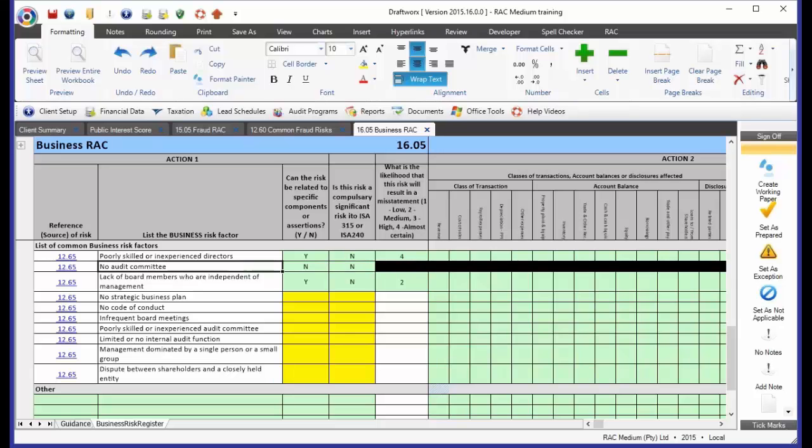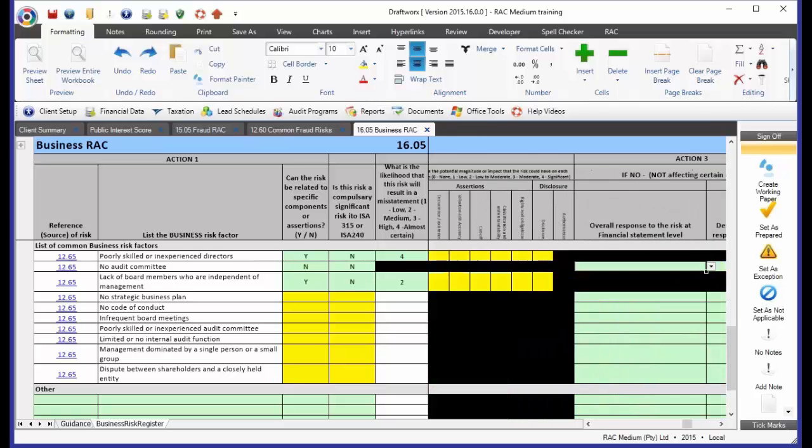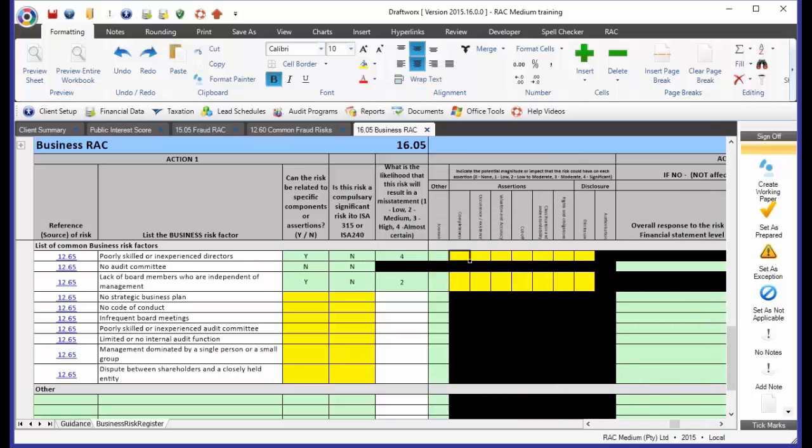Now, once again, for the item that cannot be related to specific components and assertions, we can't do anything about it. But for the other 2 items, we can go and document revenue, property, plant and equipment, inventory, cost of sales, whatever the case is. Go and document the components. When we get to the assertions, the colors work in exactly the same way. However, we don't answer with a yes or no here. We now go and put in a 1, 2, 3, 4. Sorry, it's very small, so I'll read it to you. A 1 is low, a 2 is low to moderate, 3 is moderate, 4 is significant,